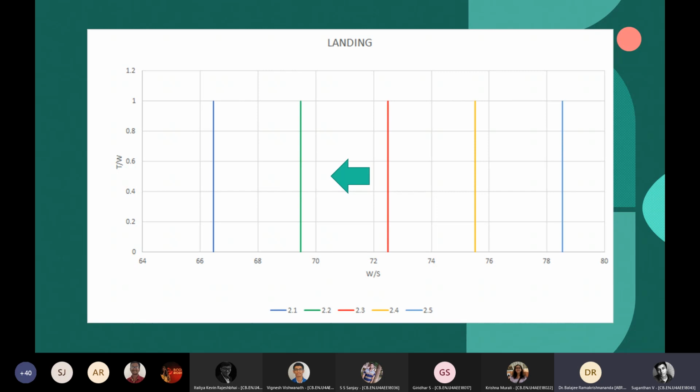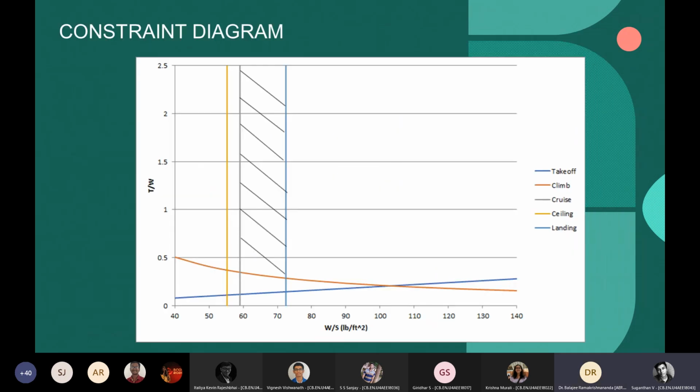Yes, sir. During landing, you intentionally increase the drag. During takeoff, you want to decrease the drag, so you don't bend it as much. But in the worst case, you can use that. That's what you want to see. Okay, sir. So use the same CL max for both landing and takeoff.